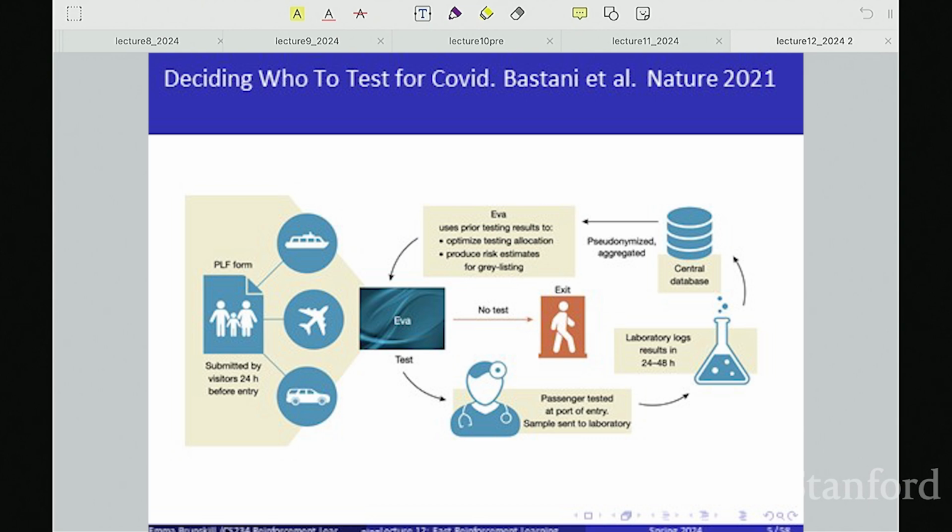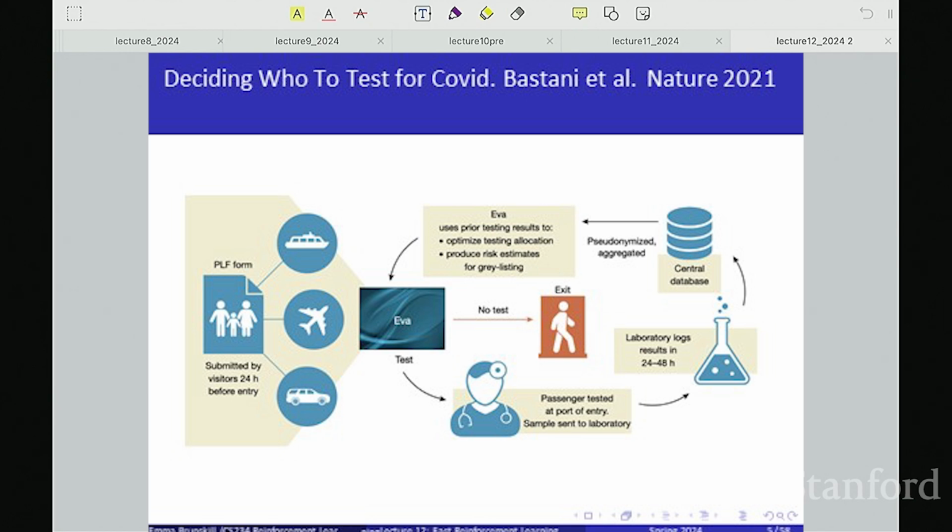So this is a really beautiful paper by Bastani and colleagues, which was in Nature a few years ago. And they were trying to tackle a really important problem, which was, at the time, as everything was shutting down with COVID, all these countries had to decide on a quarantine protocol and who to test. So before, a number of countries basically almost entirely shut down travel, but particularly in the beginning, people were letting people in, and even then often there might be exceptions. So as people come into a border crossing, countries had to decide who to test.